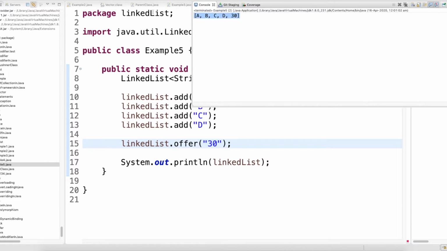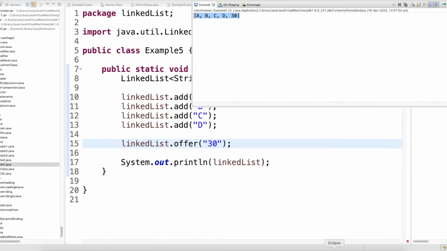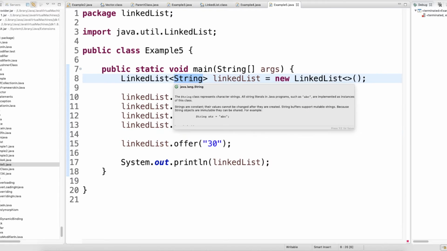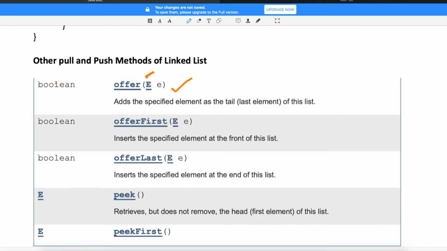See here, 30 is getting added at the end of the list. This is the offer method. E is nothing but the type of object which you are adding. So here e will be a string, because in angle brackets you have a string. Now look at the return type. When you successfully add, you will get a boolean.